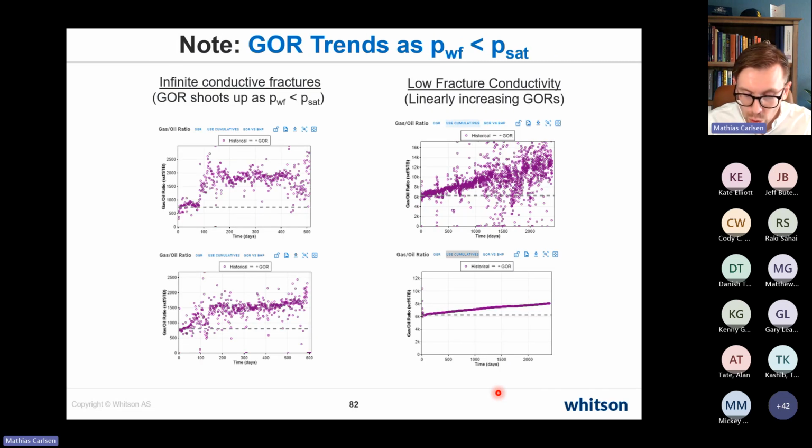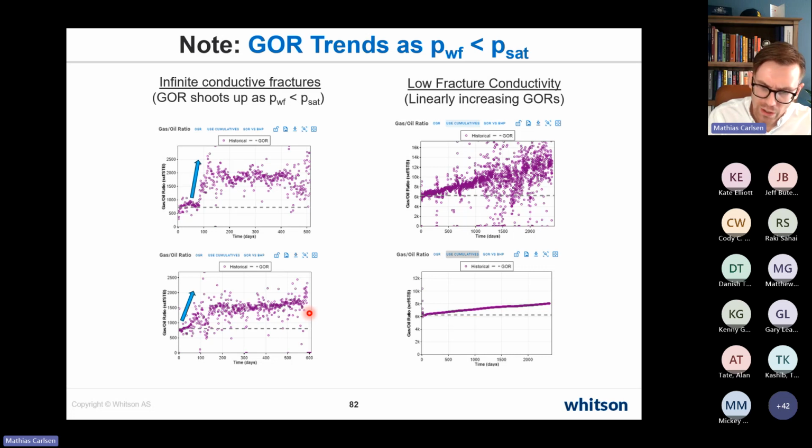Last thing I want you to have in your toolkit, and again, you should be able to look at the GOR and it should tell you something about the well. Here you have something that at least I use a lot. If you have GORs that, as soon as you go below the saturation pressure, shoot up like this, and you can also see it here, shoots up to another level, that typically means that there's no pressure drop between the matrix and the wellbore. So then you have infinite conductive fractures, basically. So it's very easy to